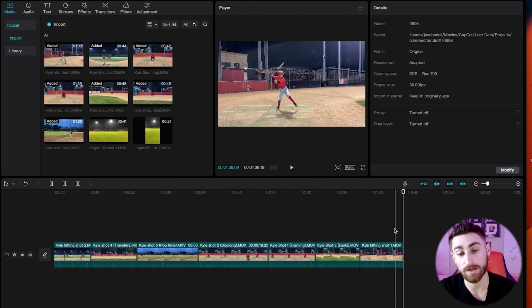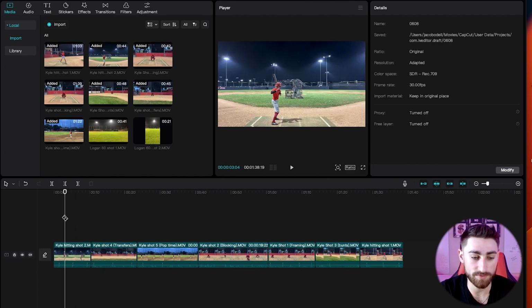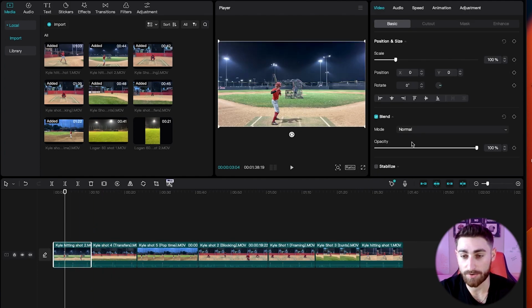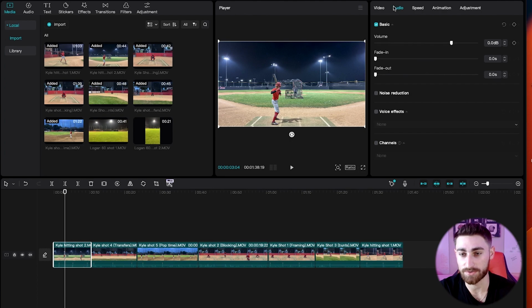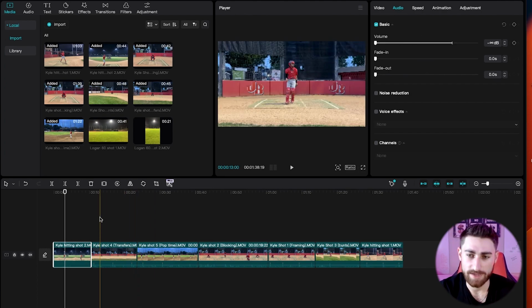In this case, I'm not going to put the 60 in there, and instead we're going to move on and take out all of the volume for everything. So we're gonna go all the way up to audio, volume, throw it down. In this case, actually,